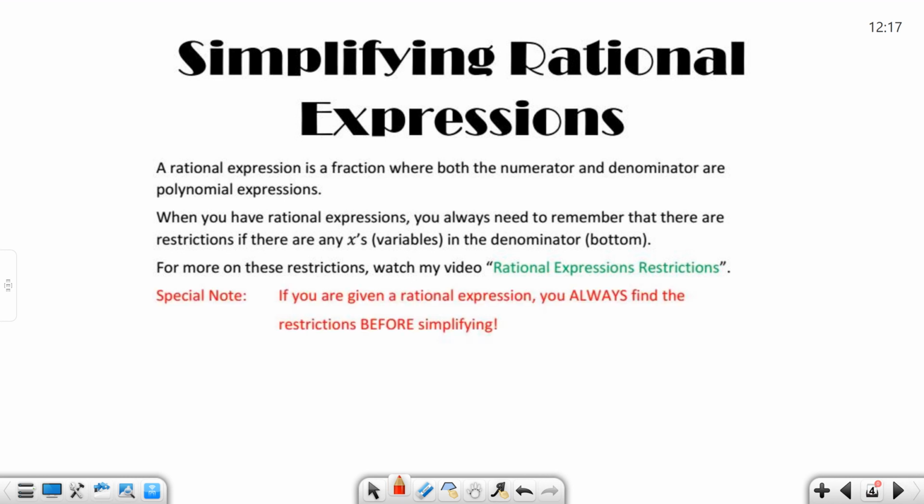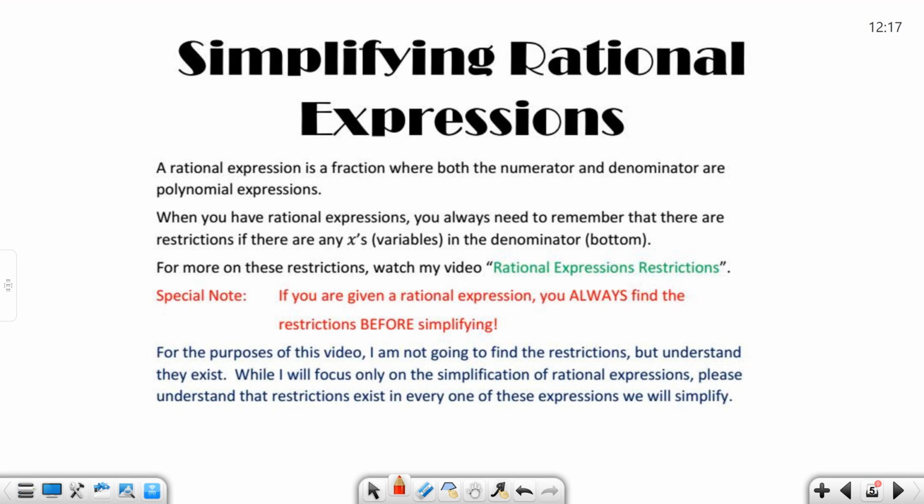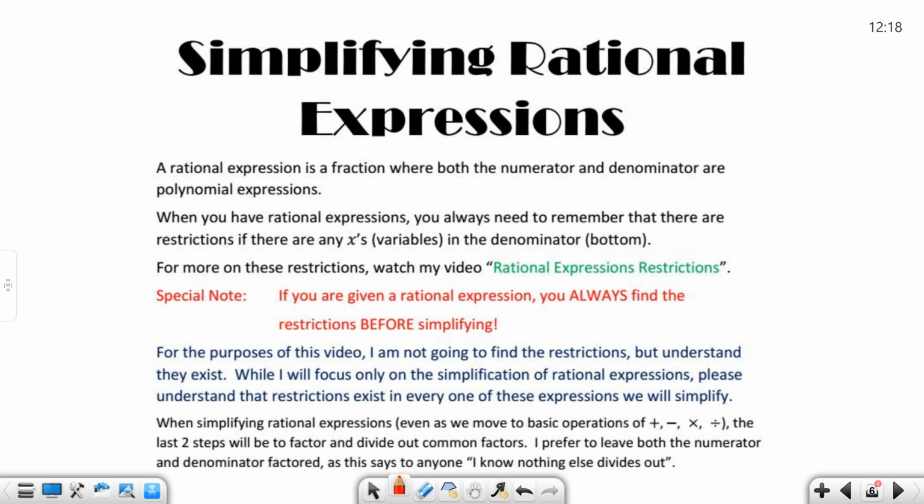Special note, if you are given a rational expression, you always find the restrictions before you simplify. But for the purposes of this video, I am not going to find the restrictions for time's sake. I don't want the video to be so long. It's going to be long enough as it is. So understand that they exist. In fact, just about every problem we do, if not every one, has a restriction in it. If it has an x or a variable in the denominator, it has a restriction. So I'm not going to find them, but I have a video for that. You can look at it, but you would find it before you simplify, before you do what we're going